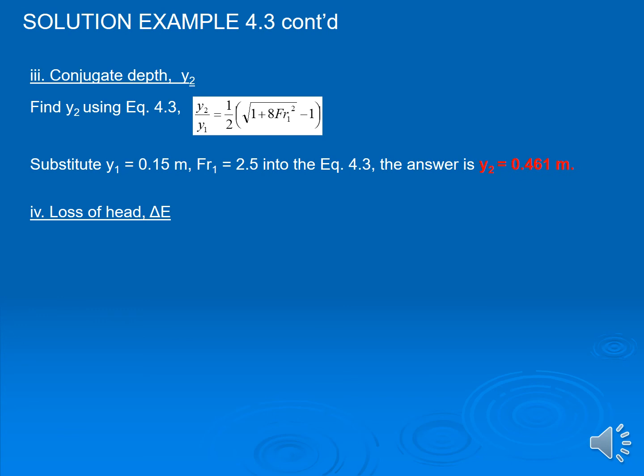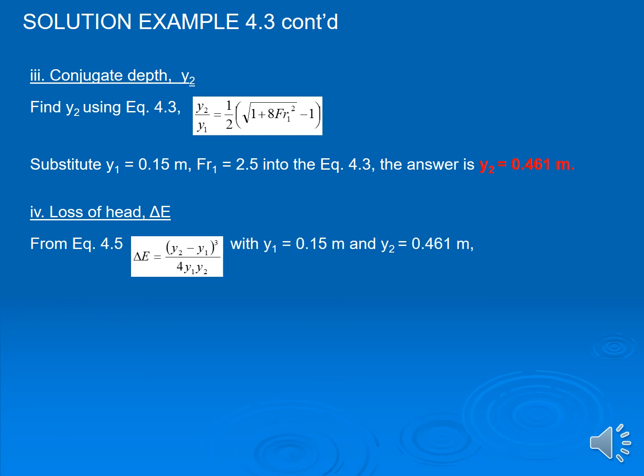Okay, to find the head loss, we use equation 4.5, where we already have the Y1 from the problem 0.15 and Y2 0.461 from the previous calculation. So the loss of head is equal to